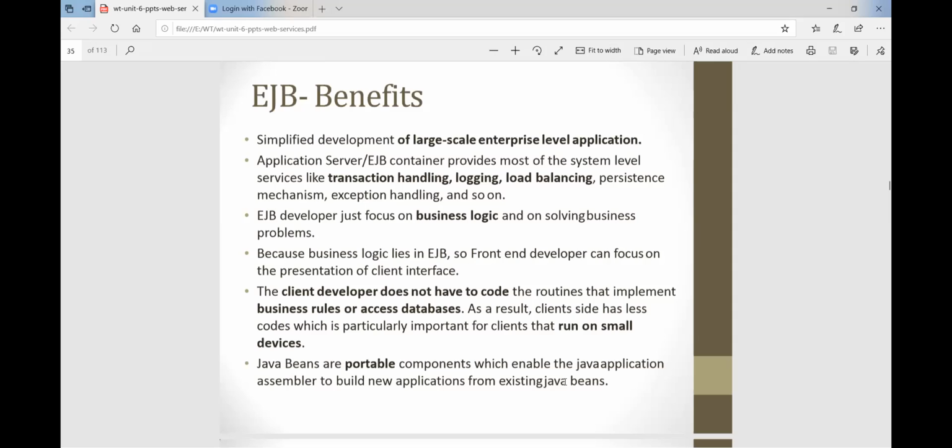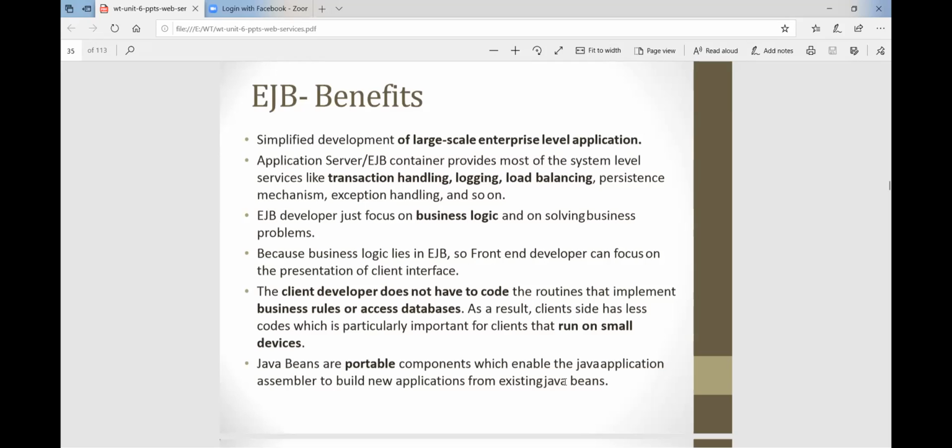This is the benefit. Then the client developer does not have to code the routines that implement business rules or access databases. Our client side has less code, which is particularly important for clients that run on small devices.